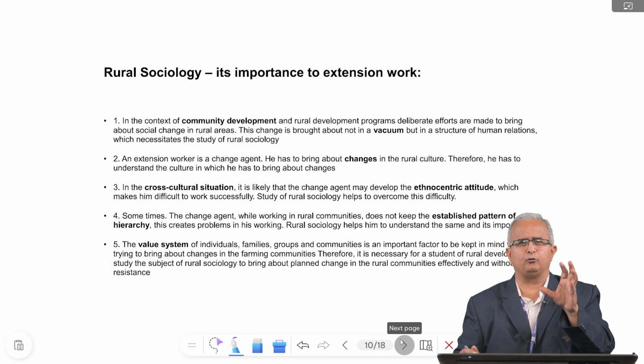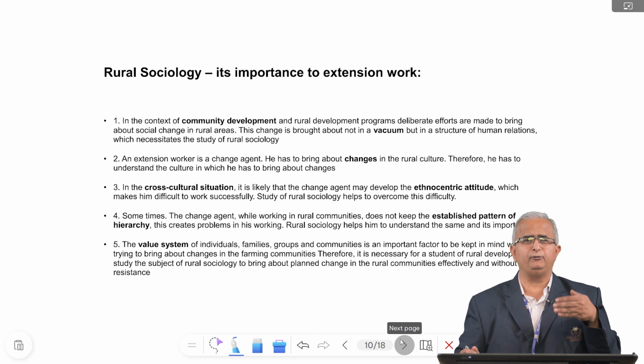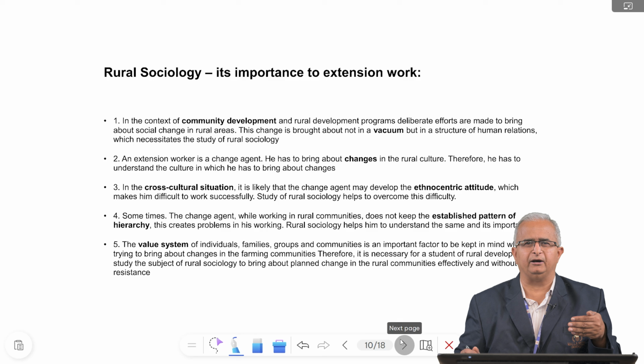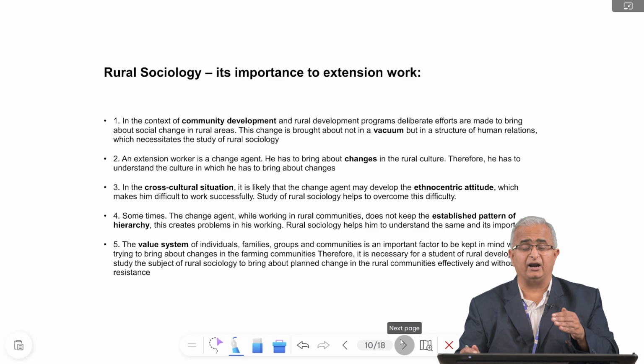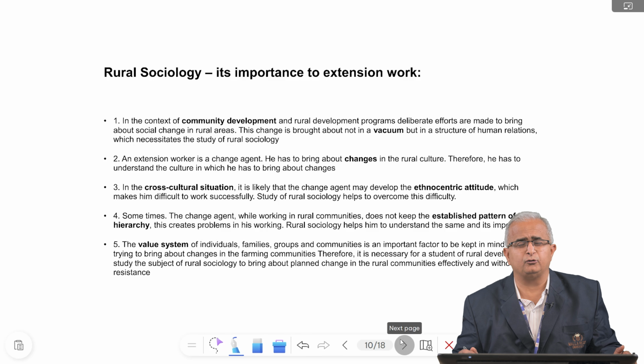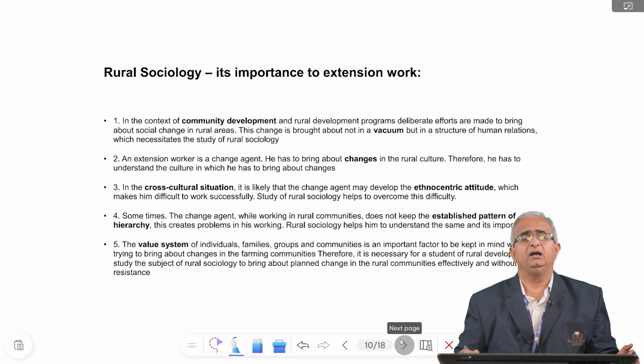Without understanding rural sociology, without understanding the psychology of the farmers, if you go there and interact with them, automatically that ethnocentric attitude may come. But once you understand the psychology or the sociology of the farmers, then automatically you can prevent that ethnocentric attitude. And one more thing, when you go to the villages